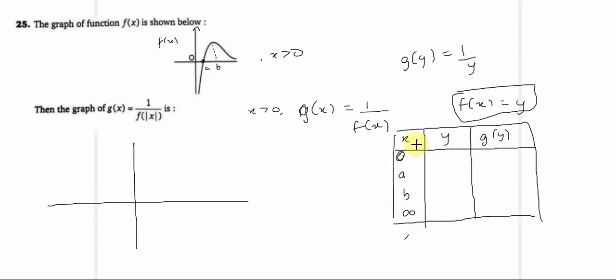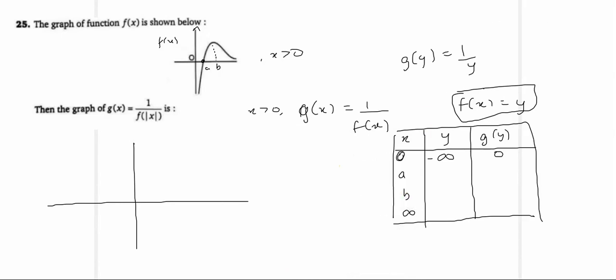So what happens at x equals 0, y is minus infinity. So g of y is 0. G of y is 1 by y, and 1 by minus infinity is 0. See, we are not talking about 1 by infinity here, we are talking about the limit. I'm just speaking in such sense. We are talking as y tends to minus infinity. Just for the sake of notation.